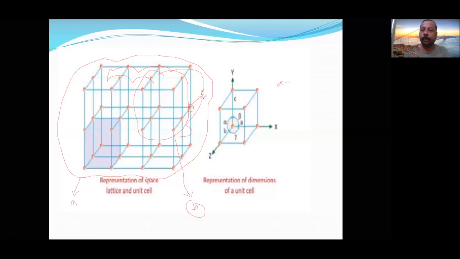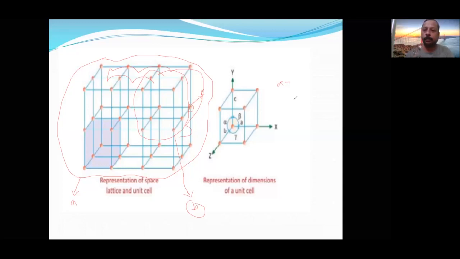What is C here? C is the lattice point. So when you combine a few lattice points, first you will get the unit cell. When you repeat the unit cell, you will get the entire crystal. Three things, three levels. First level is lattice point. When you combine lattice points together, you will get the unit cell. When you repeat the unit cell, you will get the entire crystal lattice. I think now these three levels are clear.